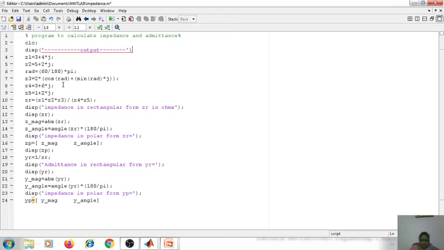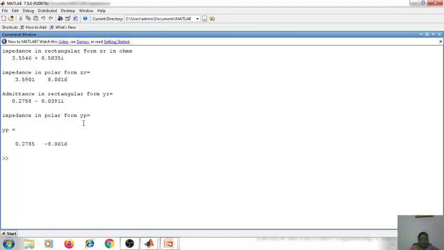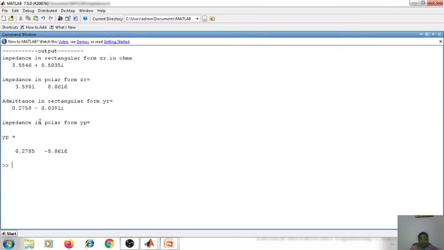Now say Ctrl S, then go back to your command window. See here the previous program execution is coming here. So to clear that, we have given the clear window in the program. Enter.